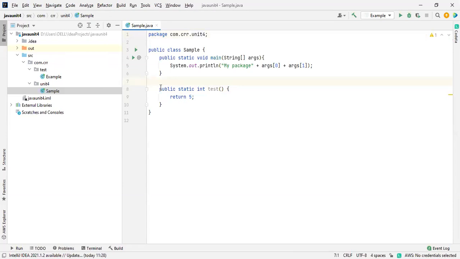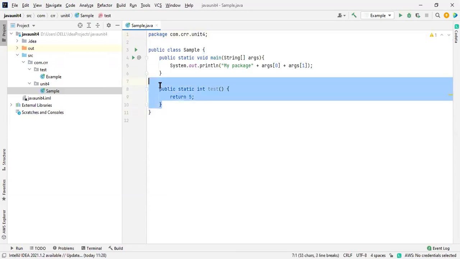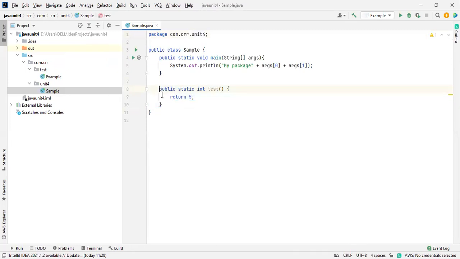I'm going to access this one inside another program. How is it possible? There are access controls, which are very important. So how many access controls are available? We have public, protected, private. According to your package, one more is available, default, which is not visible.